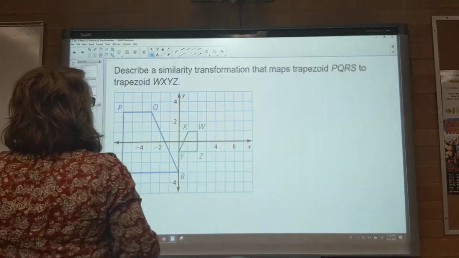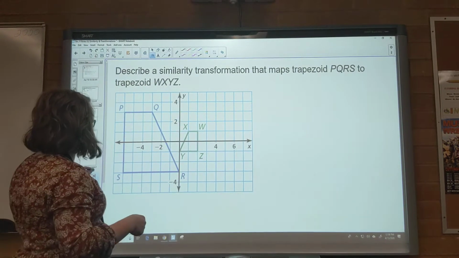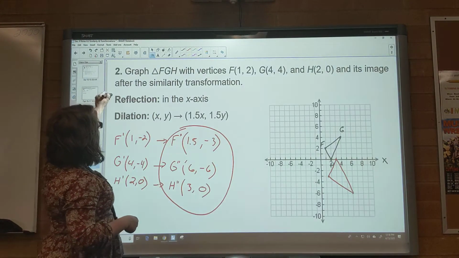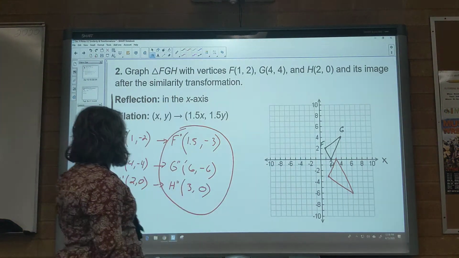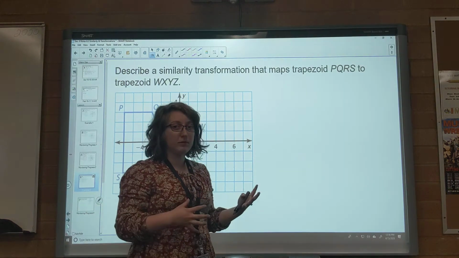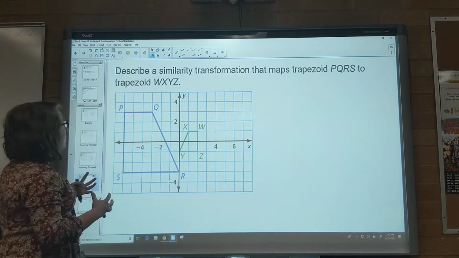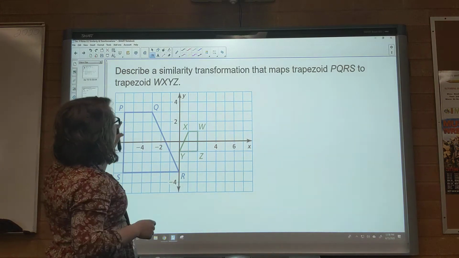Okay, you guys, in this one we're describing the transformation. In the picture before, we were given the transformations and then we had to do the picture. In this one, we are given the picture and we have to write the transformation. So we're going to look at the picture here. It's going from PQRS to